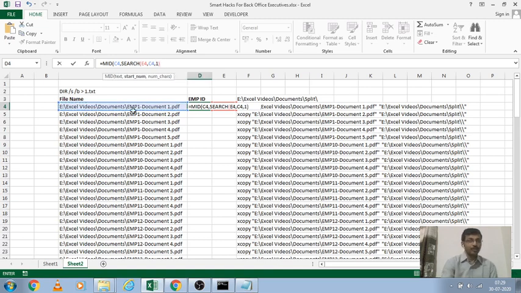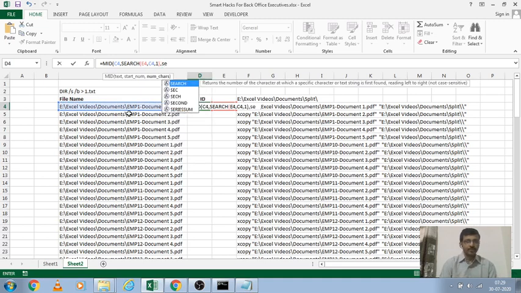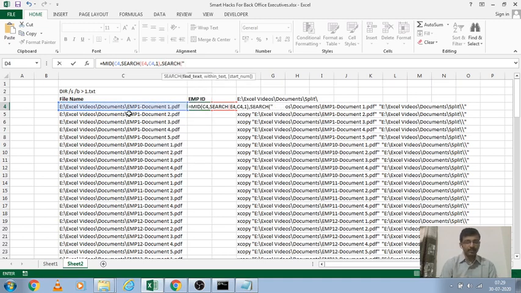So this gives me the starting point. Starting point will come, and for ending, SEARCH. Here in this file, I have intentionally created a hyphen after the employee ID, so that while creating the documents also you may choose a different, distinct, unique character, so that it will be easier for us to segregate them.